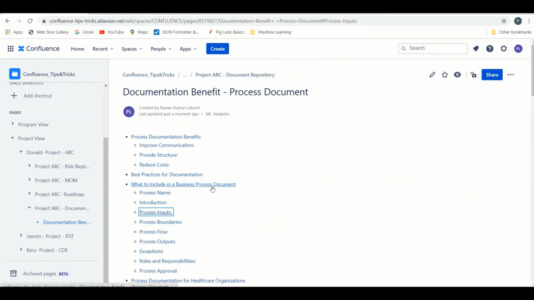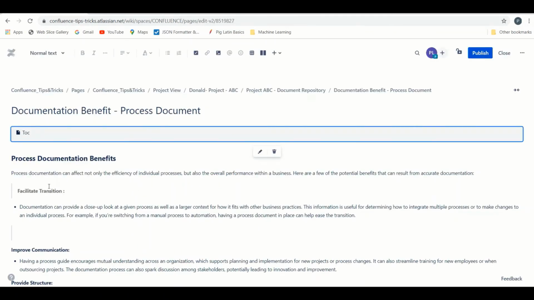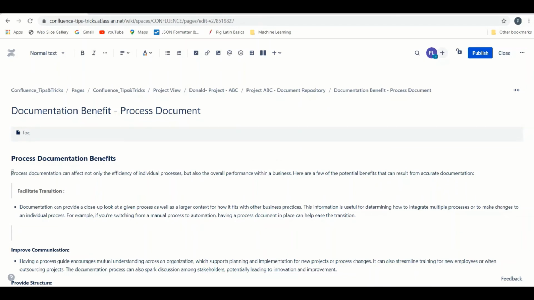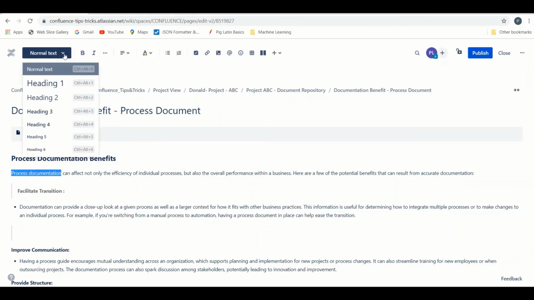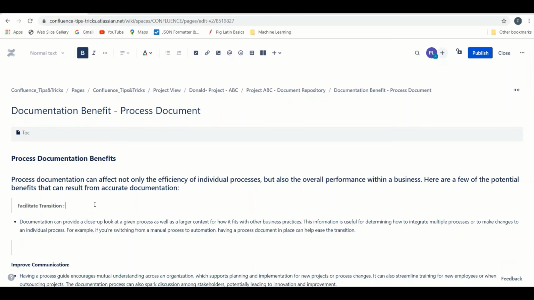Right. So that's about it. Before I end this, let me explain one more thing. You might be thinking, how do I convert a normal text into a heading of a different type? Yes, we can do it. This is very much similar to what we use in Microsoft Word or Excel, right? We just highlight a particular word, come over here and make it heading 2. That's how it works. Okay, simple.